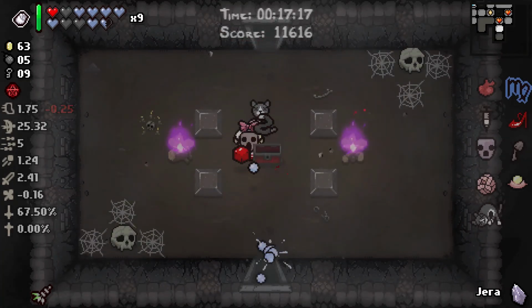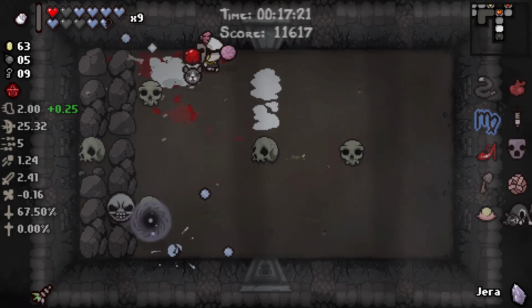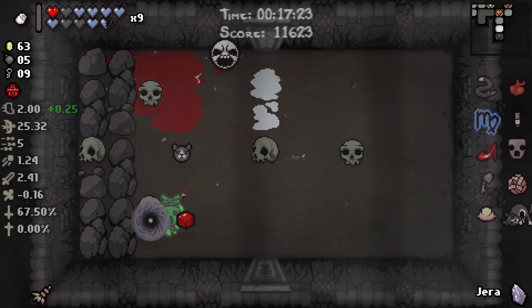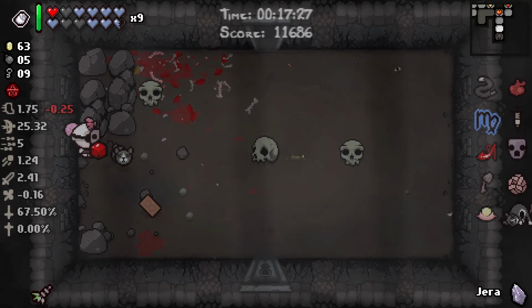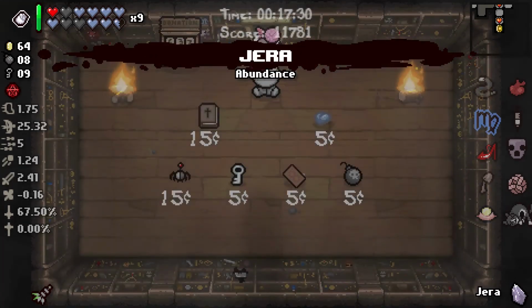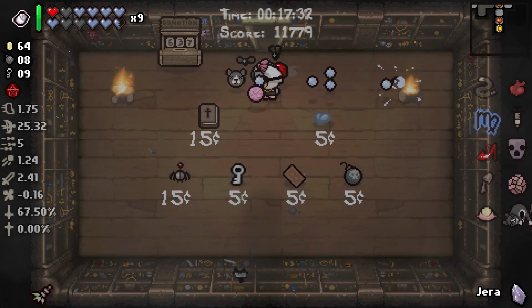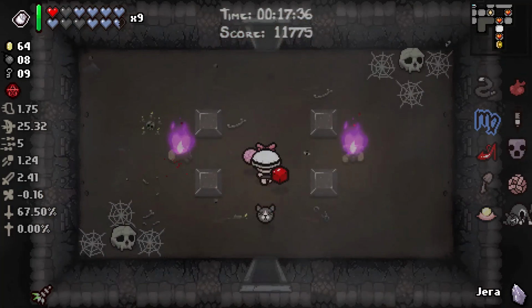Still have no idea, that's our second Guppy item, thank you. Still have no idea what Stinky Fishtail is doing for us. I've yet to see any sort of flies happen, but maybe once we become Guppy, well, I guess we've taken hits, so I don't really know what it's doing for us. It's only Necropolis 1. So I would probably say...